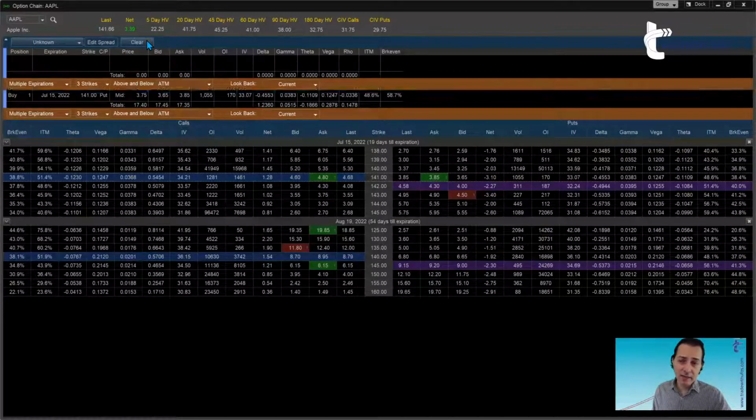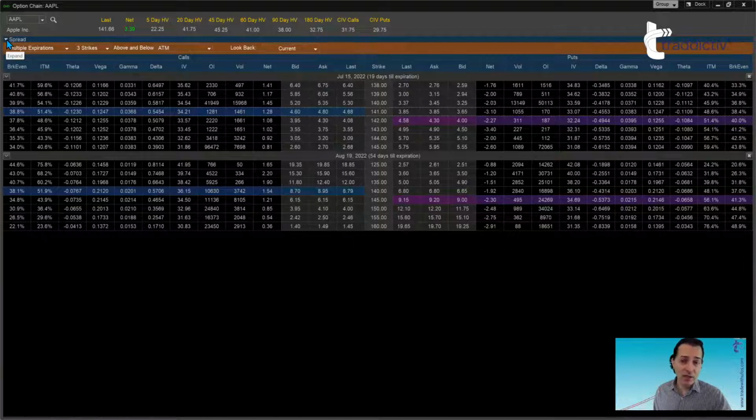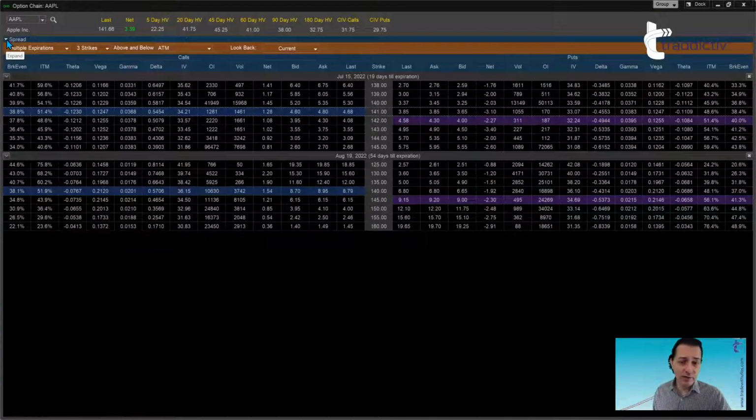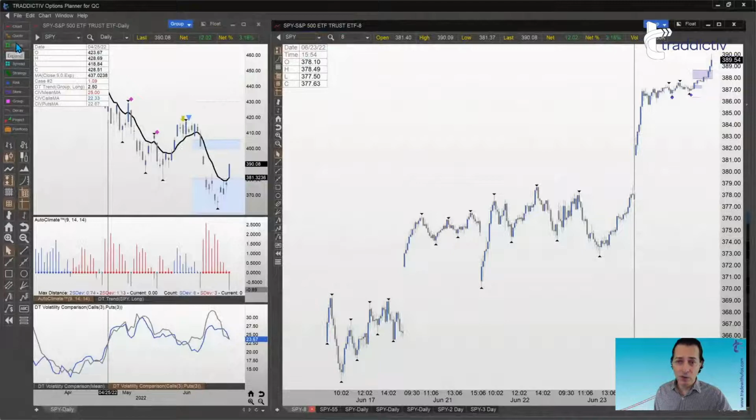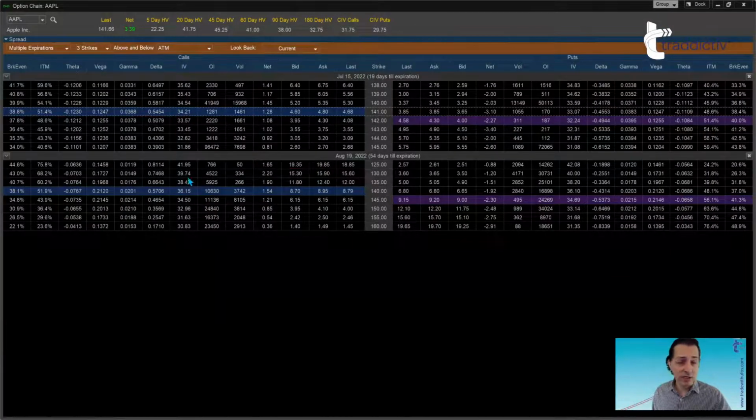Maybe I'm just gonna clear it, okay, and I'm gonna compress it again. Maybe when you access the option chain, actually you have no intention to build any trade from here. Inside TOP, there are other tools such as the spread builder, the strategy builder, which all those tools may allow you to build spreads in a way that is more advanced. But again, it all depends on your trading style, and probably if you're coming from having used other platforms which are less advanced compared to TOP, you may have this tendency to come to the option chain to build your spreads from the chain. That could be the case, and you know what? Nothing wrong with that. Okay.